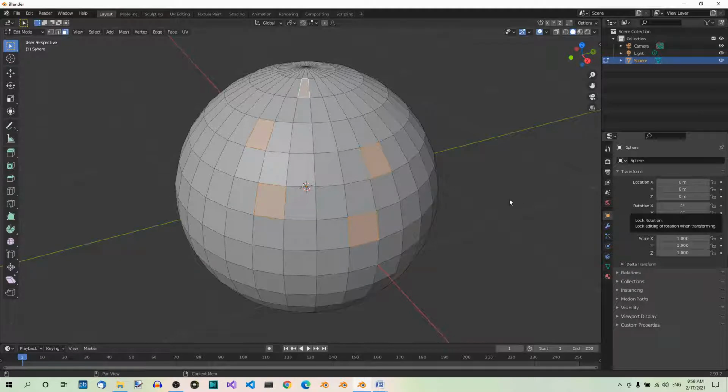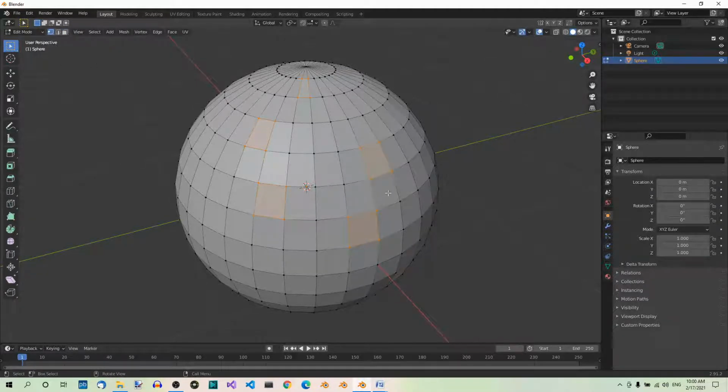Now you know how to select vertices, edges and faces. So you can perform some operations on them. There are many operations you can perform, but the ones we're gonna use most are extruding and loop cuts. So let's have a look at them briefly. Let's start with extruding. Let's go to vertex select mode